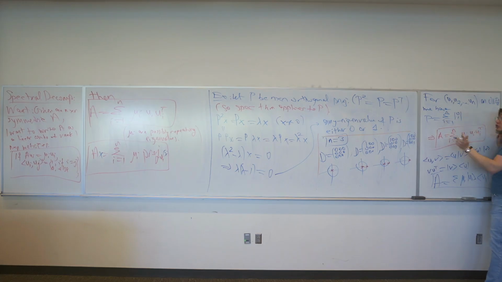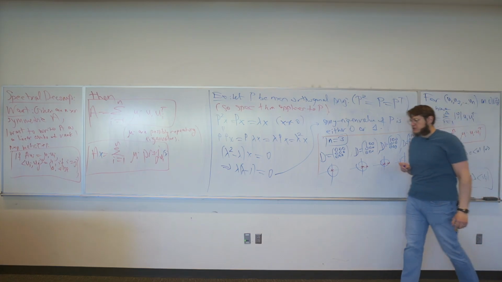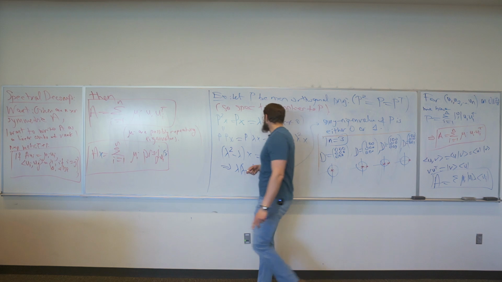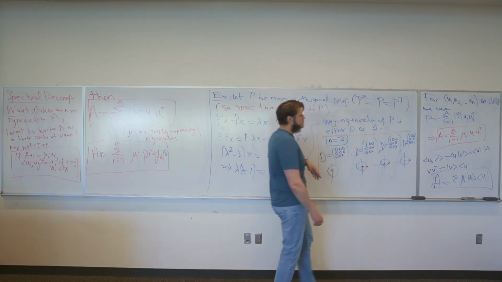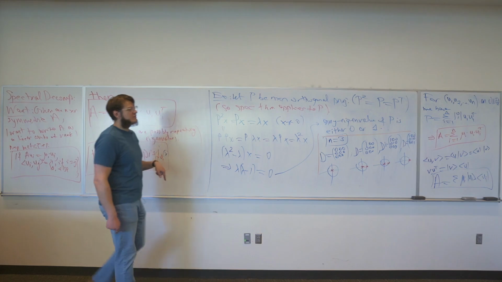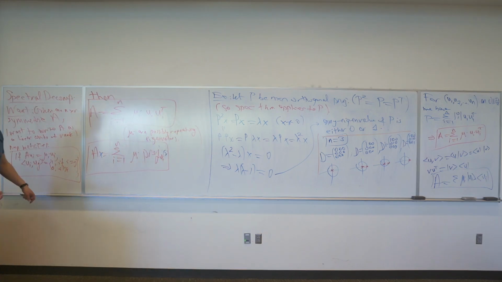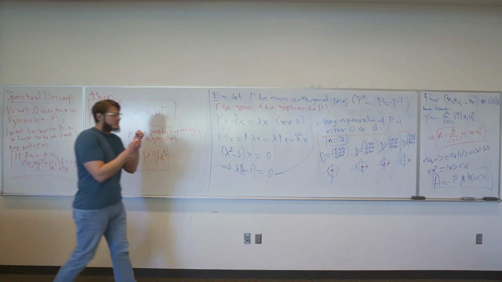So you choose 0 or 1 according to the eigenvalue, and then ui transpose. But certainly we can arrange it so that the first however many entries in the diagonal is 1. And indeed, when you think about it,